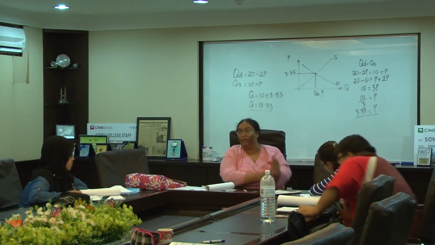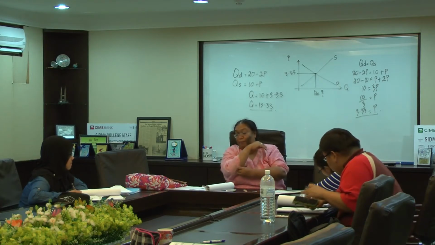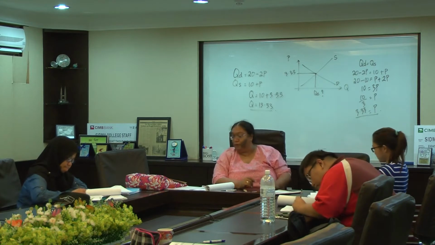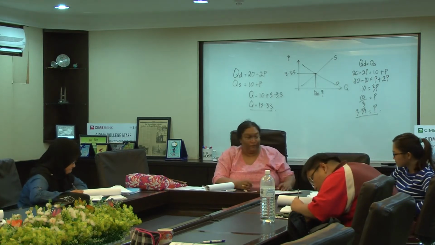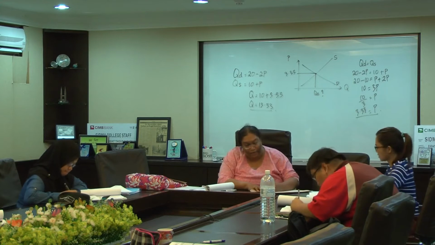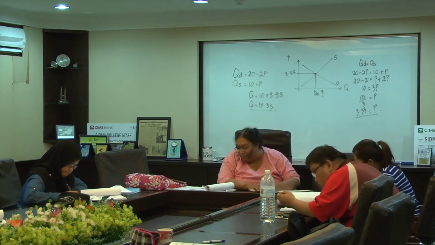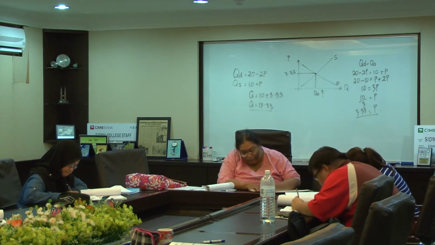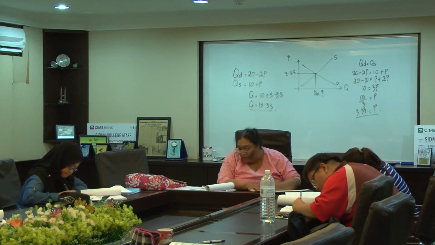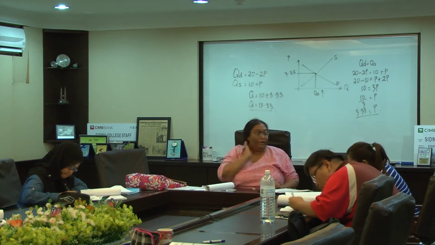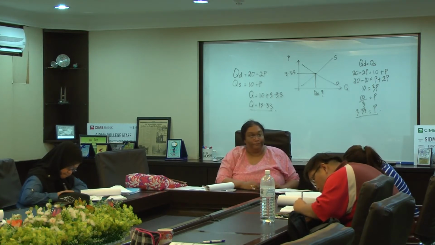Is that clear? Okay, so can you all try the B, C and D now on your own? Then we can go to elasticity. Okay, the B part is Q equals negative 2P plus 40 and Q equals 3P minus 50. Correct? This is Form 5 maths, guys. I know it's been quite some time already.